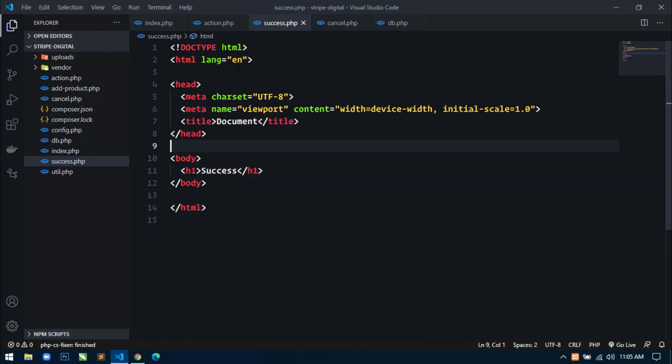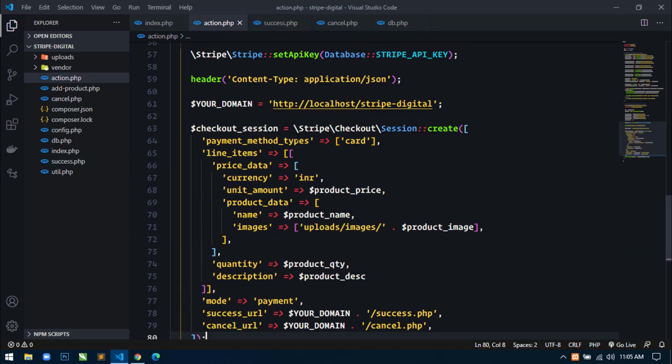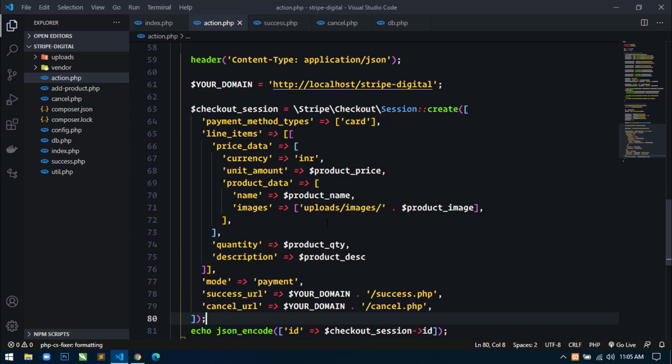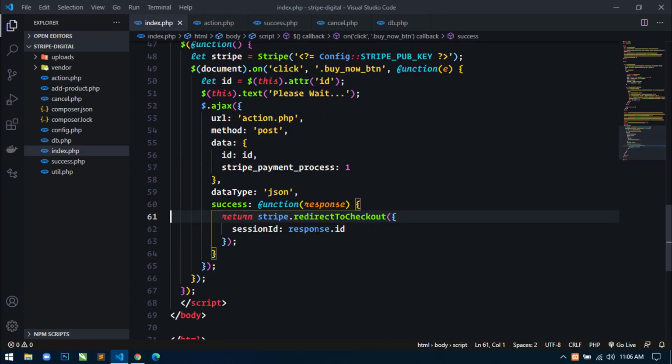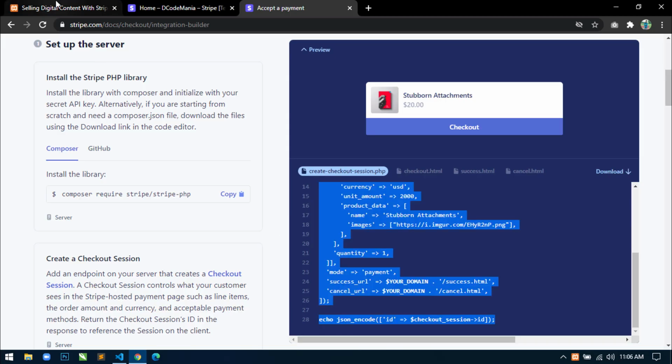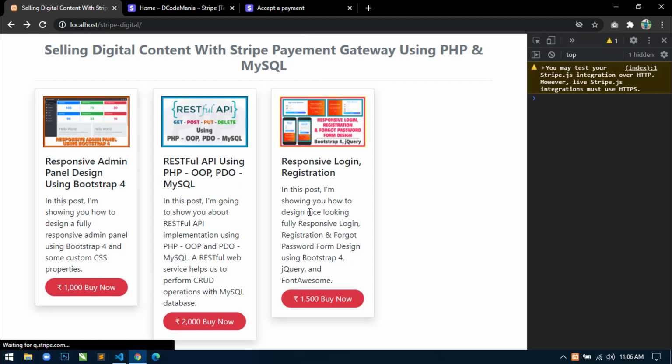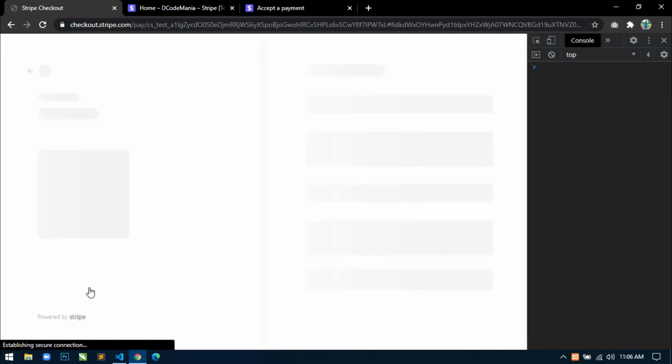Actually, I will just show you that after successful payment, I will redirect to the success.php file. Okay, now here everything is fine, I think. Let me, and here you can see we are also sending this checkout session id to the client side, and here we are getting the id from the response parameter. Okay, and now let's come here, refresh. Now just click on any of the product buy now button and wait. Okay, now you can see we are redirected to this